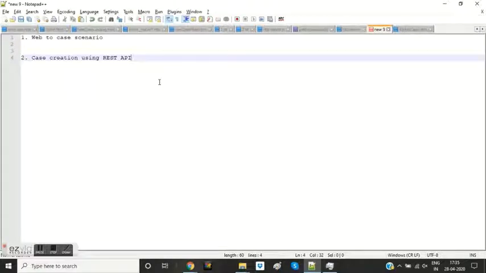Then there is one more approach wherein we can utilize a Visual Force based site to expose our Visual Force pages on various browsers. That also provides unauthenticated access for case creation, but because it involves Visual Force, basic security aspects are enabled in that.